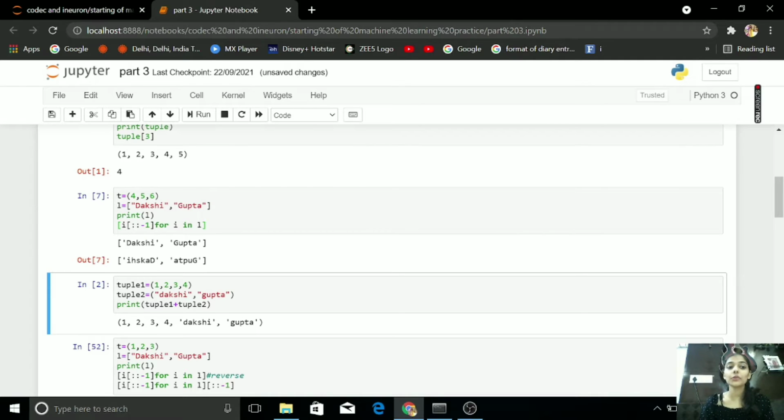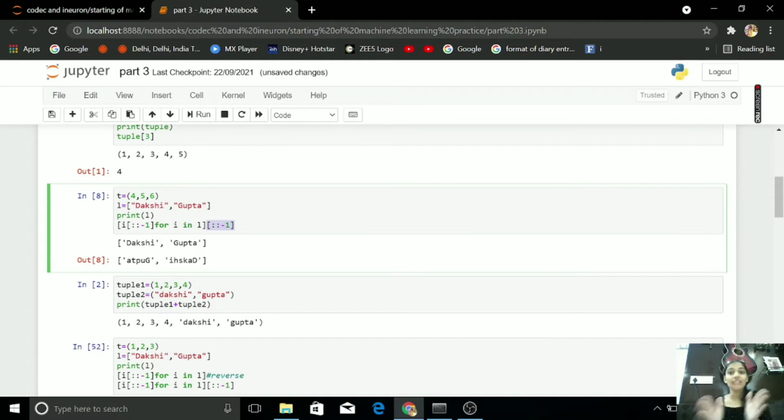You have to include this step in this. If I want the reverse of Gupta Dakshi, then I have to add this 2 times in one step. Then I am getting my output, the reverse of Gupta Dakshi.